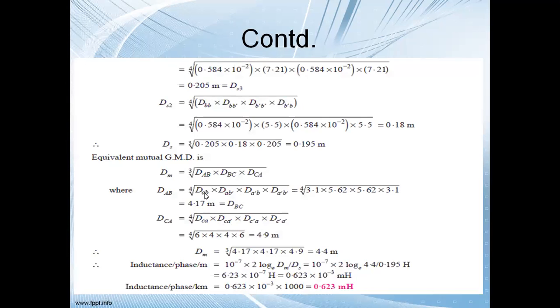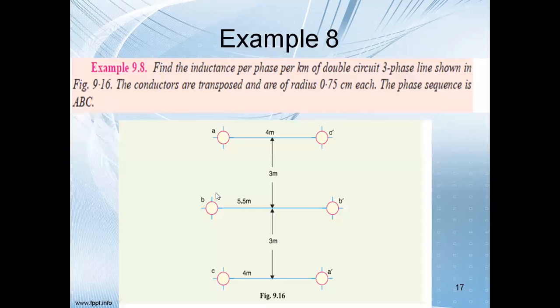So you can calculate the value of DAB. Similarly, DAB dashed. This is A, this is B dashed. So how will we calculate? This distance is 3, this distance is 4. So you will apply that right angle triangle formula, square root of 4 square plus 3 square. So this will be your AB dash. Yes or no? Yes, sir.